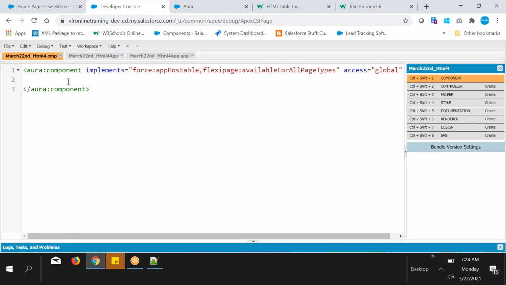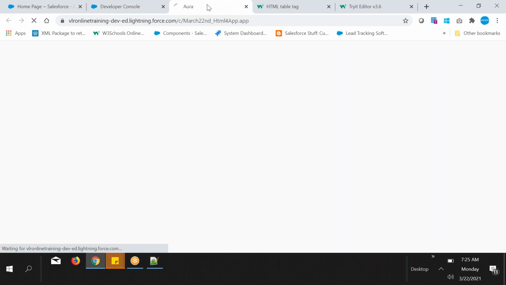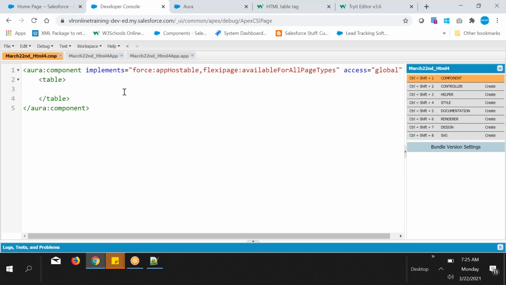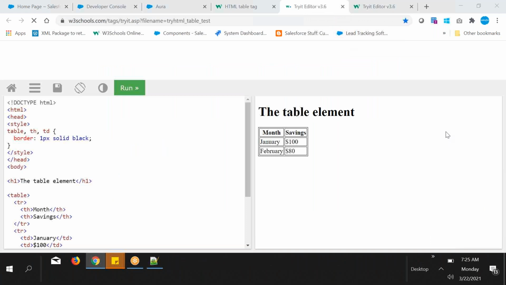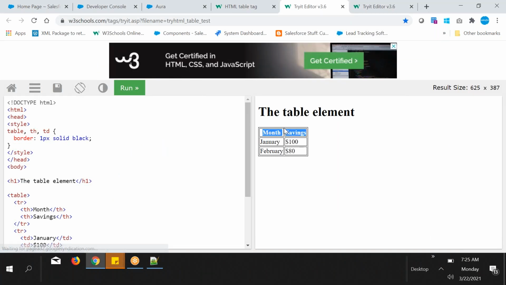Okay, nothing happened because I have not written anything. Now I want to write a table, right? So table, okay, and save it. And if you want to refresh the page, okay, nothing is there. Next, a table contains rows and columns, right? Even each column is also displayed in a row. These are columns, I know, but even those columns are displayed as rows. Single row, this is another row, row 2, row 3. Am I right or wrong? Row 1, row 2, row 3.